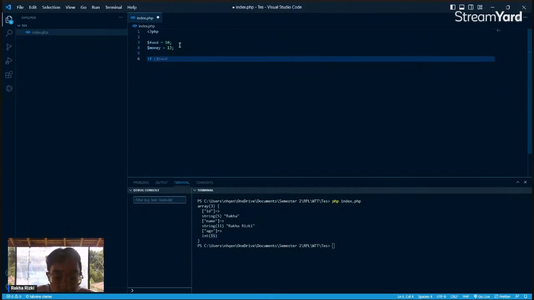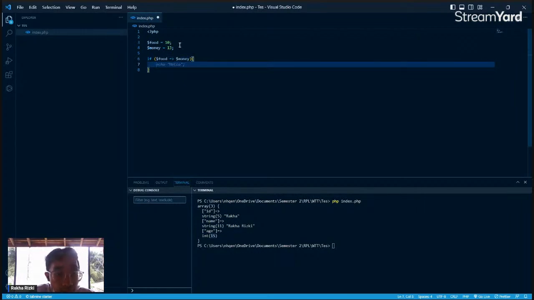Then we can make this if statement: if the food variable is more than money, the statement that will be processed is echo your money, sold out.